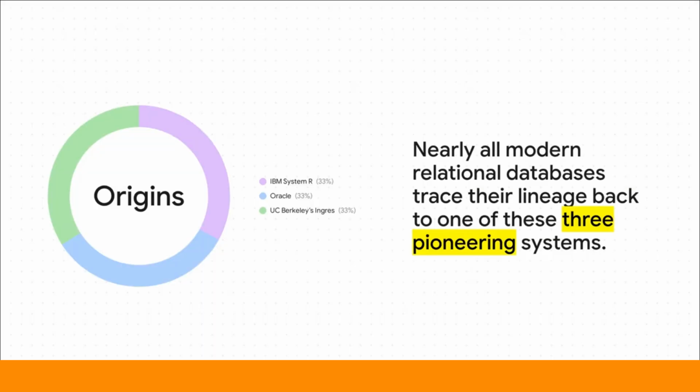And when you look at the family tree of databases today, the impact of this era is just crystal clear. Pretty much every major relational database you can name can trace its DNA back to one of these three original projects. System R led to IBM's DB2. Oracle, well, became Oracle. And that academic Ingres project, it spawned a whole dynasty of systems, including Sybase, Microsoft SQL Server, and the open-source hero, Postgres.